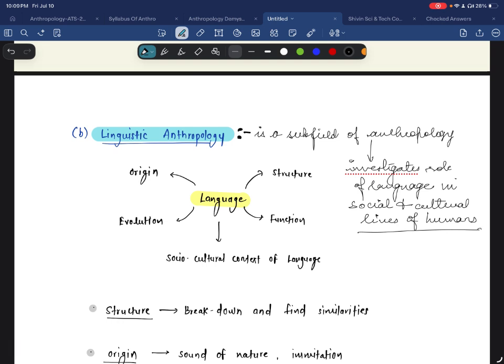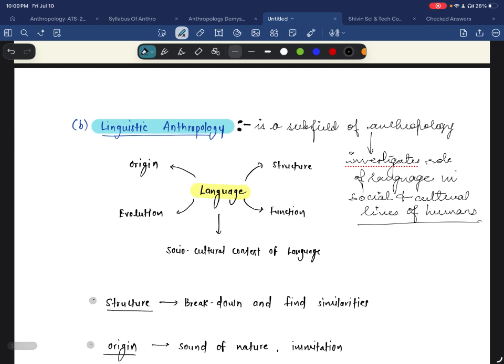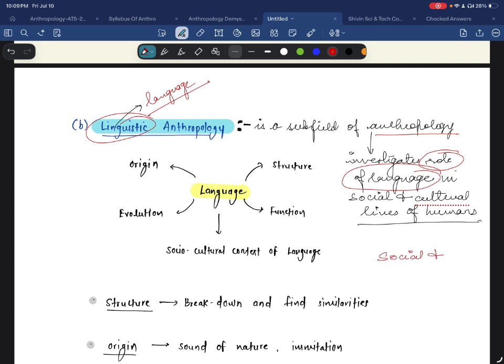Now we'll jump on to the linguistic anthropology. As the word itself suggests, linguistic is related to language, right? So, when I get into the definition of linguistic anthropology, I may define it as it is a subfield of anthropology which investigates into the role of language. As I told you earlier, linguistic is related to language. As it investigates into the role of language, कहाँ पे? In social and cultural lives of humans,